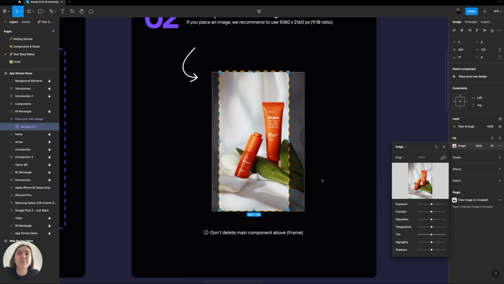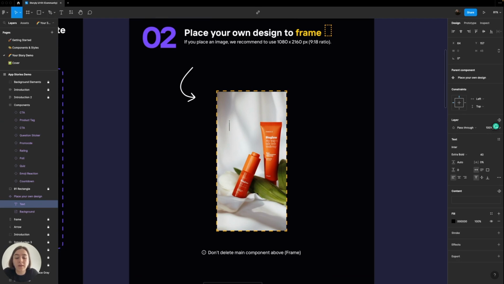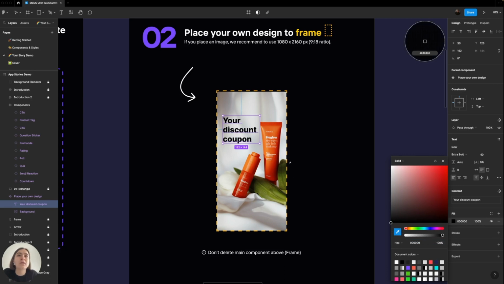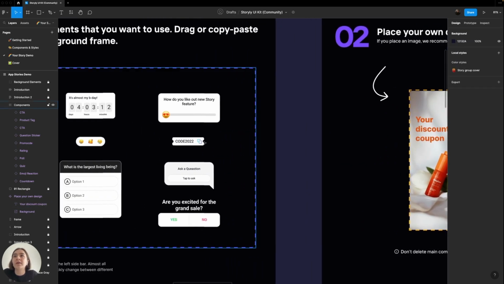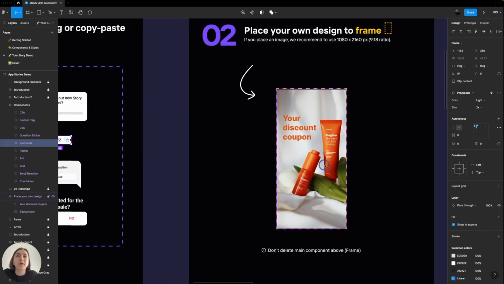in this way. I'm gonna put the text here. Let's say your discount coupon. And maybe we can change the color like this. And then I can put the promo code here. Select the promo code, copy it, and the background selected,